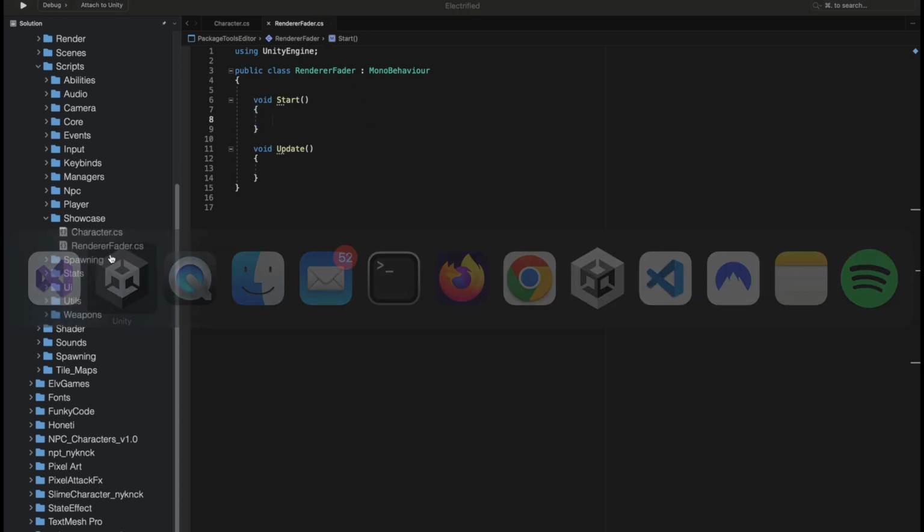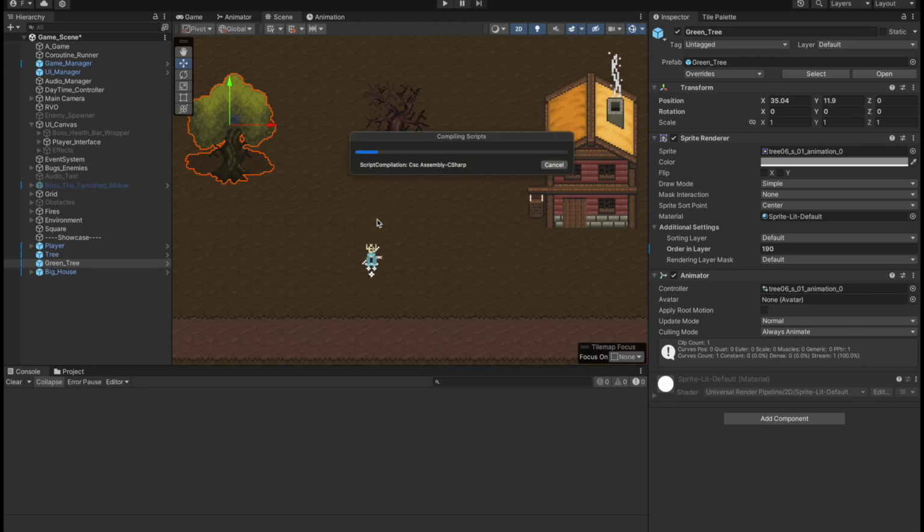Okay, we'll go back to Unity. We'll wait until this recompiles and we'll attach this script. So we'll attach one script to the player, one to one of our objects. So let's start with this green tree here. Okay, so I will go to the player,